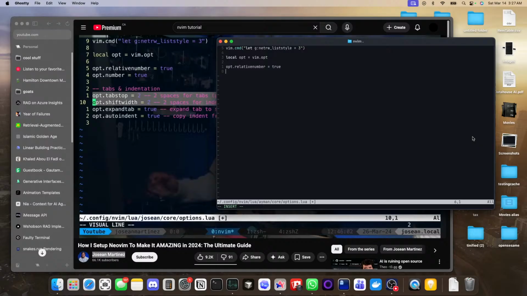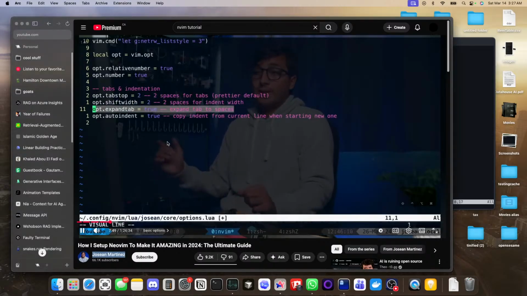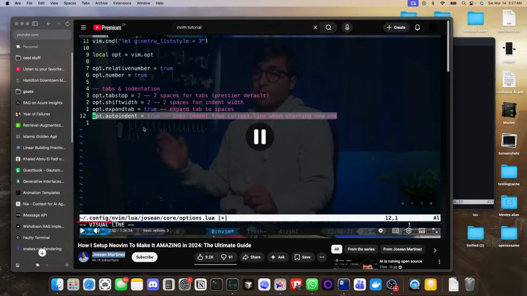So number is equal to true. Alright, source percentage. I guess I should write first. Perfect. Here, these help set up the indentation as 2 spaces. We want to expand tabs to be spaces, and this will copy the